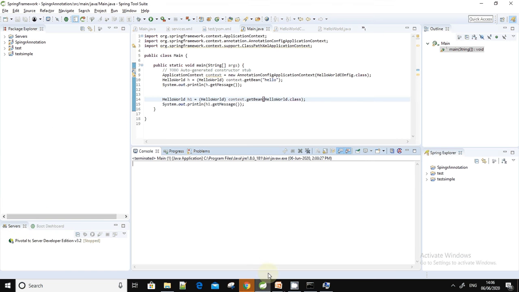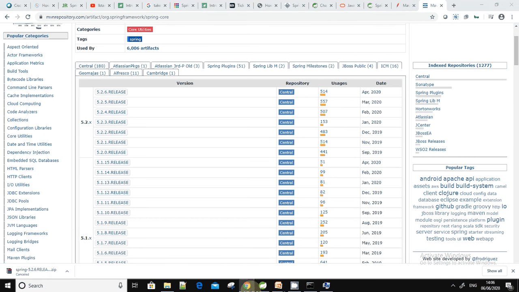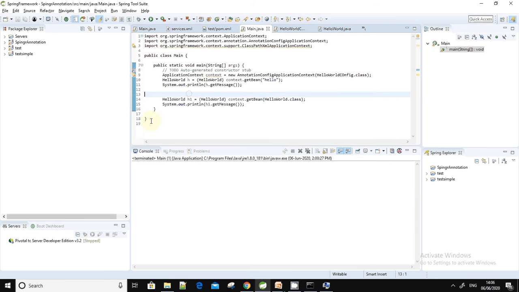So we are now moving to the creation of the project. Once you download the Spring Tool Suite, you have to create the workspace. It will ask you to select any folder. Once you do it, this window will be visible. I have created some existing projects, so there won't be any projects in your case.